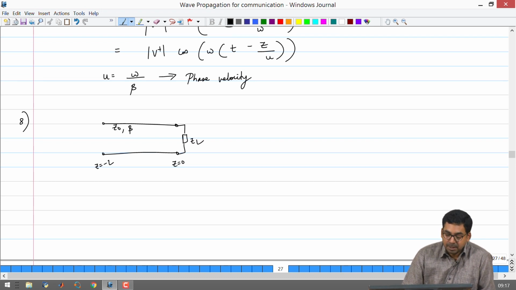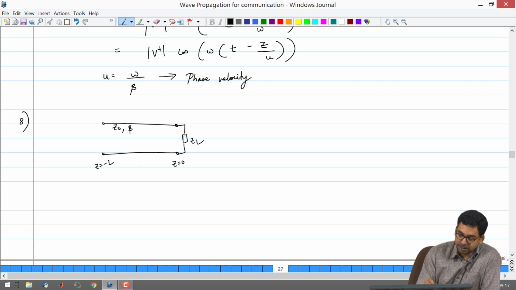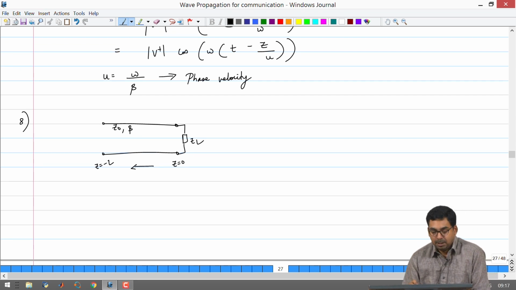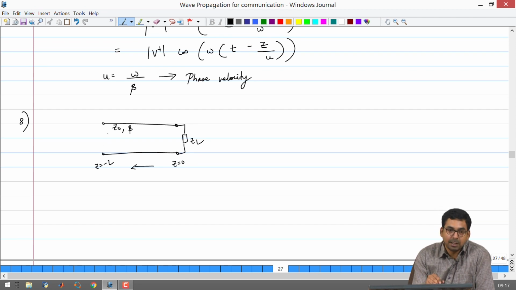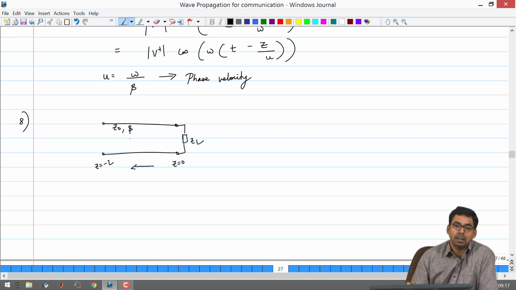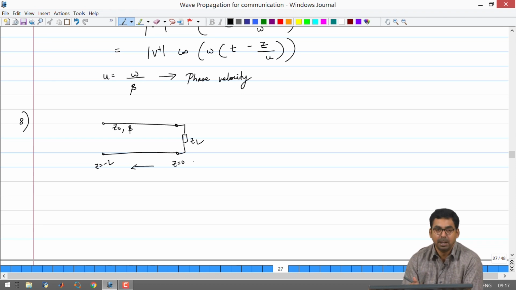Okay. So, if you look at the spatial coordinate convention, it is slightly weird. Okay. Z equal to 0 corresponds to the load end and Z equal to minus L corresponds to the source end. You can use any other convenient system for spatial representation. I am doing this simply because I am interested in finding out the reflection coefficient at the load end. So, gamma suffix L, what we had seen before, is what I want to find out. If the position is 0, I can get rid of many terms in my mathematics. So, I am just doing a simplification over here.